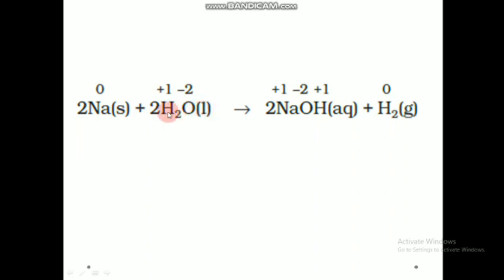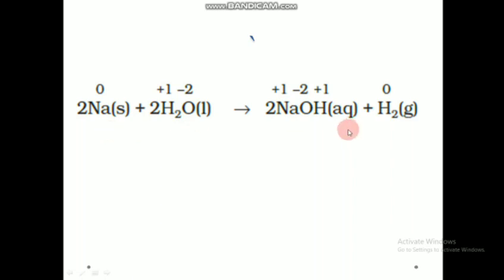Sodium plus H2O liquid or water, we get NaOH. Sodium is a very good reductant as we told. So this sodium will substitute the hydrogen from H2O and the hydrogen is sent out as H2. So sodium from 0 is converted to plus 1. An increase in oxidation state means oxidation is occurring there. In hydrogen, if you see, plus 1 state is changing to 0. So it is a decrease in oxidation state, so we can tell it is reduction. So hydrogen is getting reduced and sodium is getting oxidized, by substituting this position.